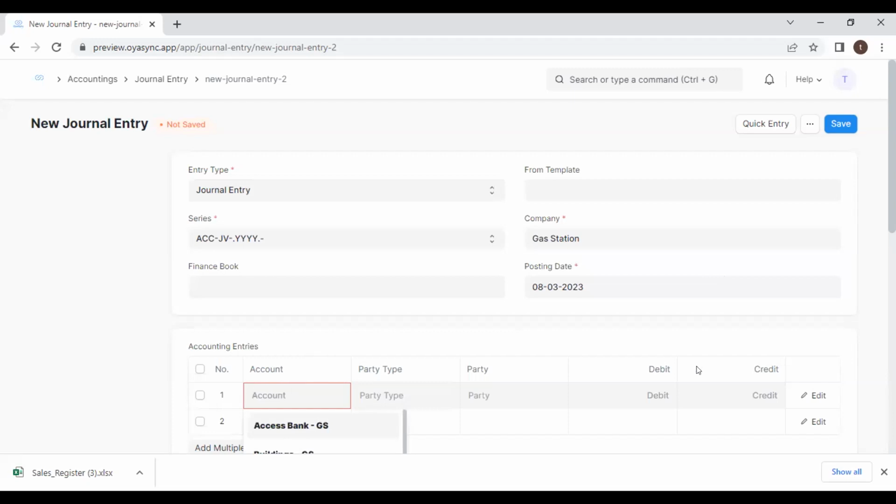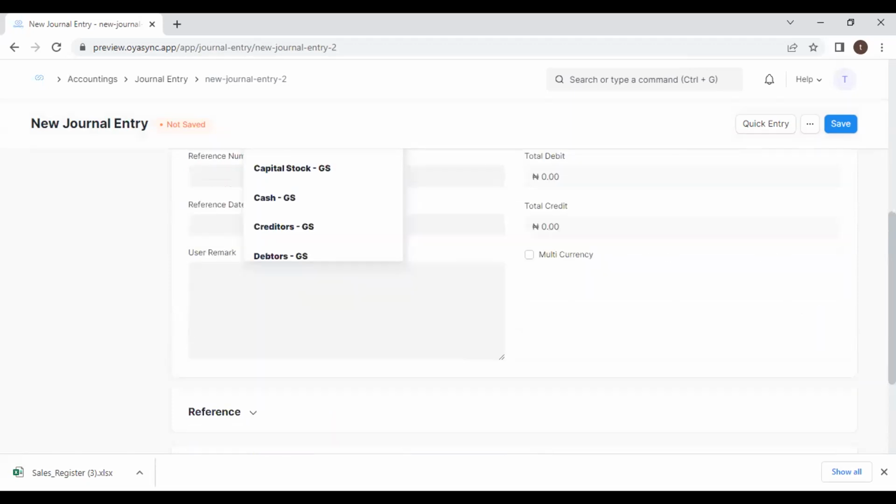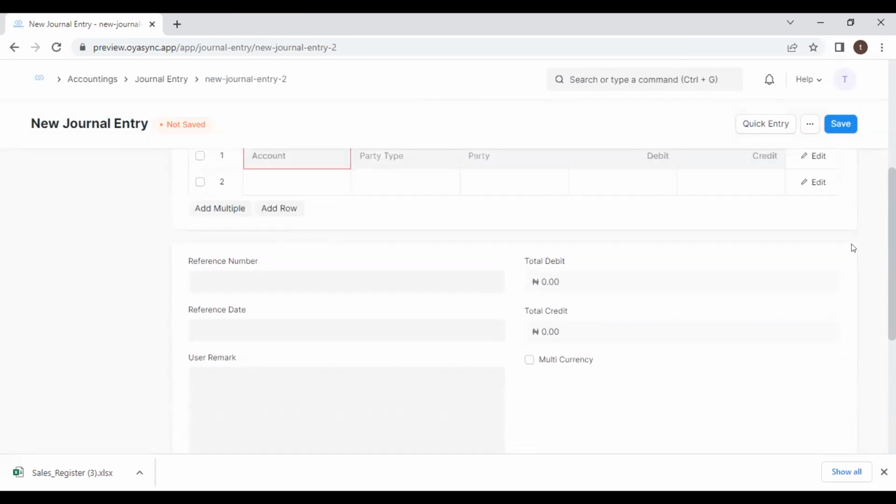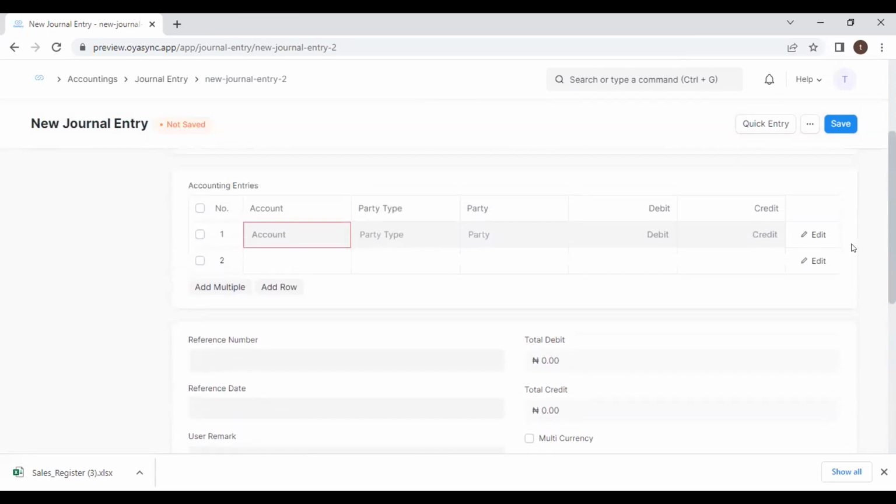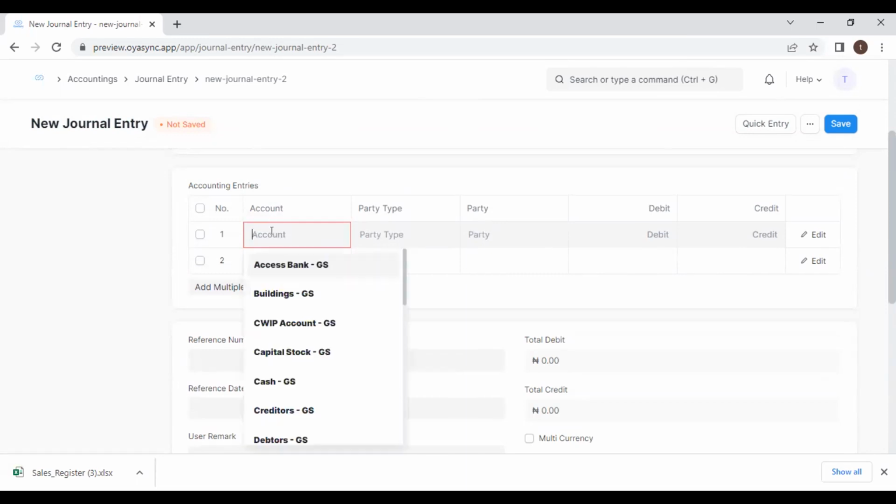When it comes to buying and selling, I want us to use the purchase and sales invoice, so I will not replicate a transaction that I can use those for. I can actually use the journal entry to make sales and purchases, but I will not do that deliberately because I want us to use the other tools. So I'll just use it to capture an expense and maybe another complicated